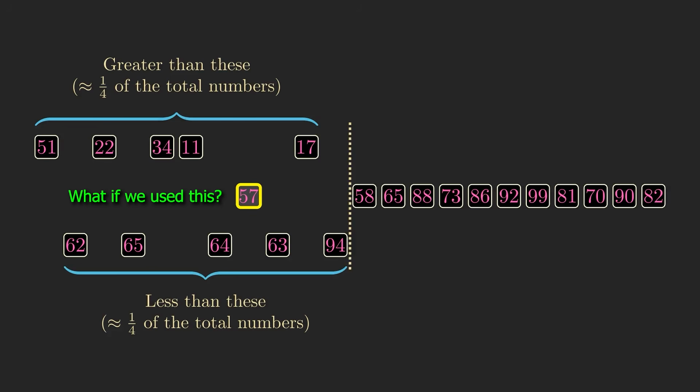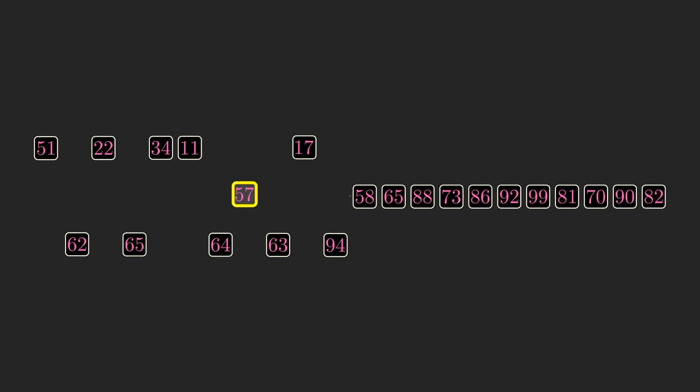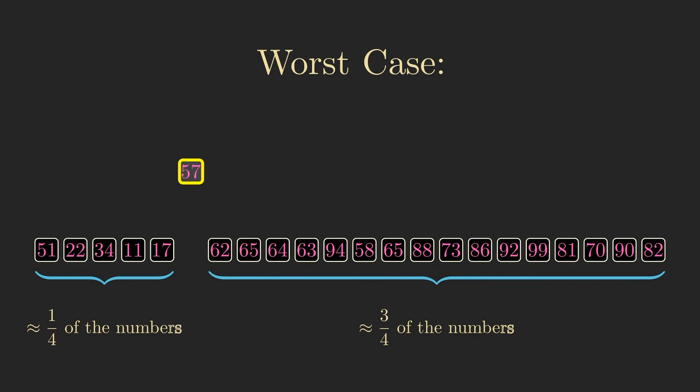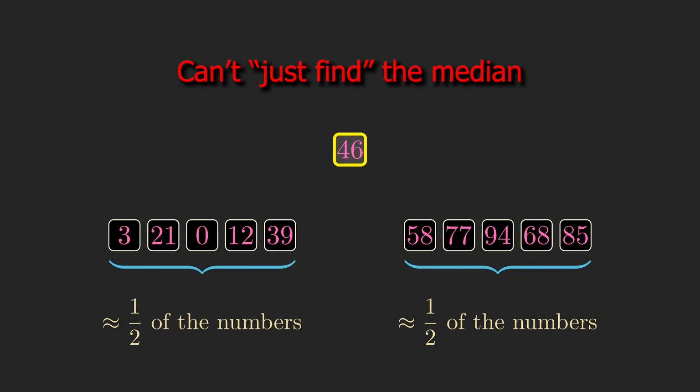Since the pivot is greater than at least 1/4 of the numbers, and less than at least 1/4 of the numbers, the worst possible split ratio is 1/4 to 3/4. Definitely not as good as an even split, but at least it's pretty close. Now, this is great and all, but I said earlier that we couldn't just use the median of a list